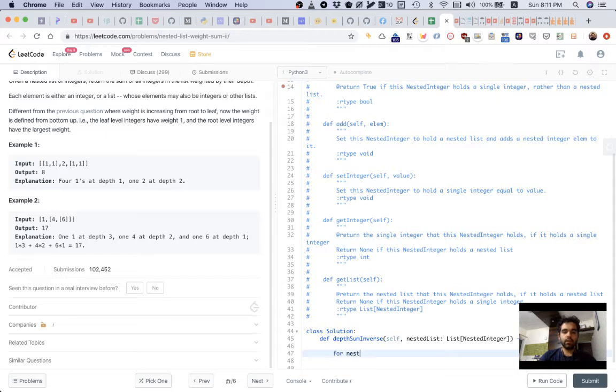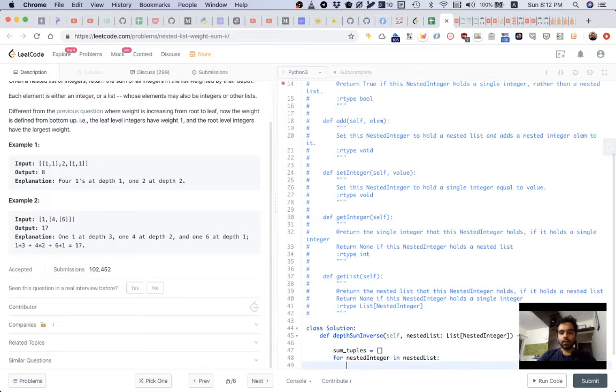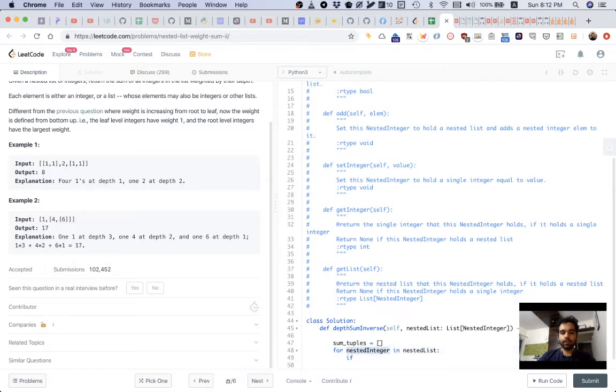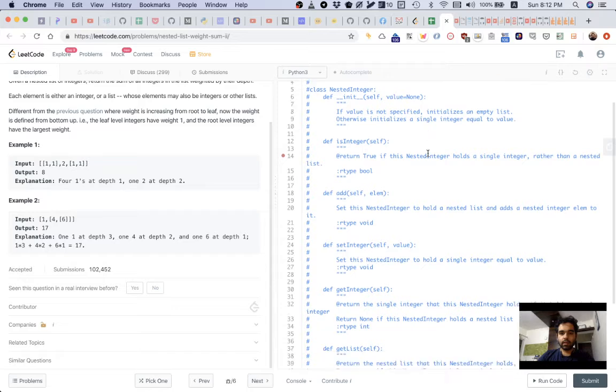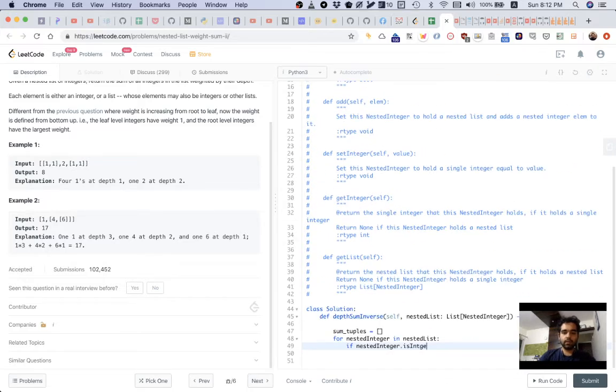So for nested integer in nested list, we have to store some tuples. Now every nested integer could itself be a list or it could be an integer. So if nested integer dot is integer,